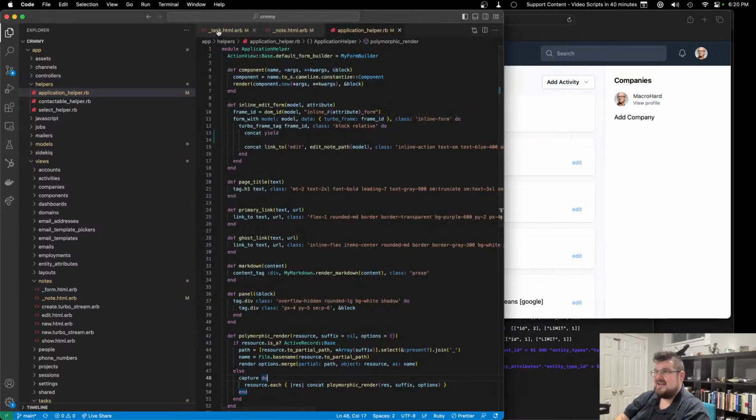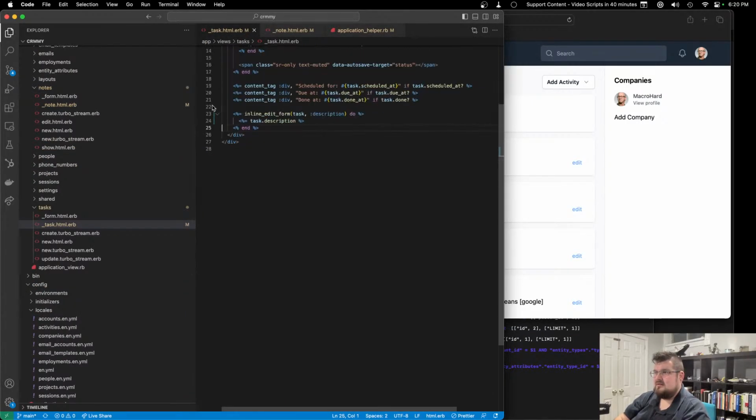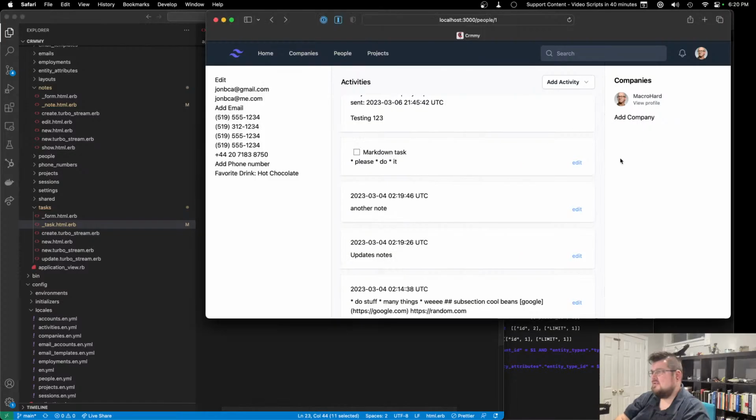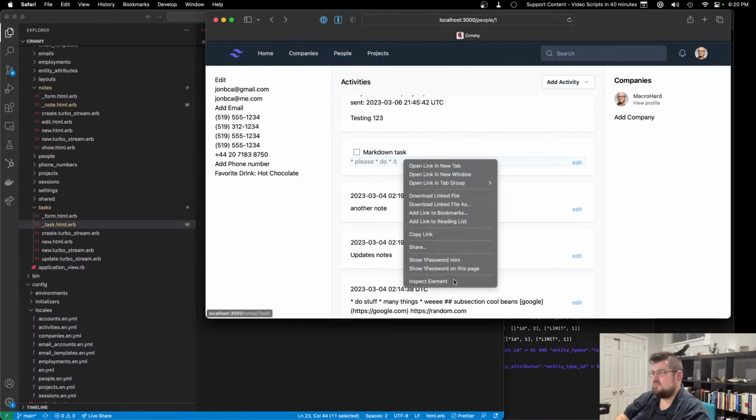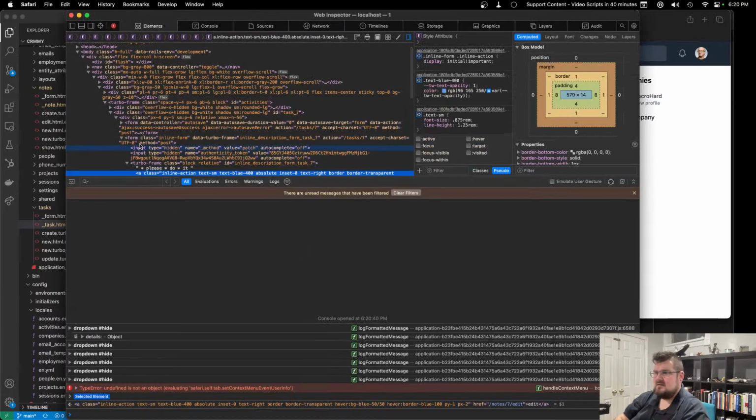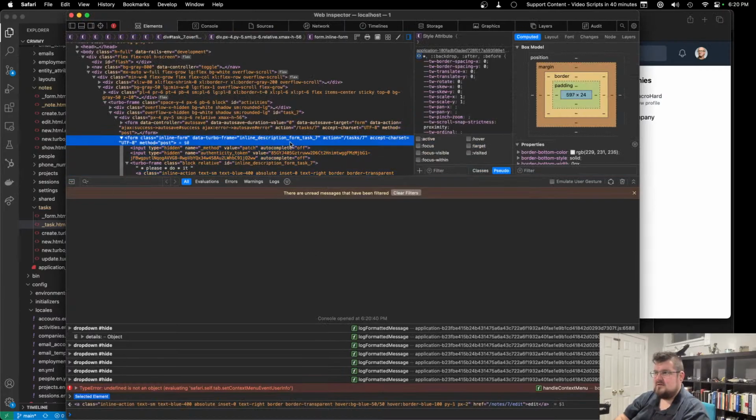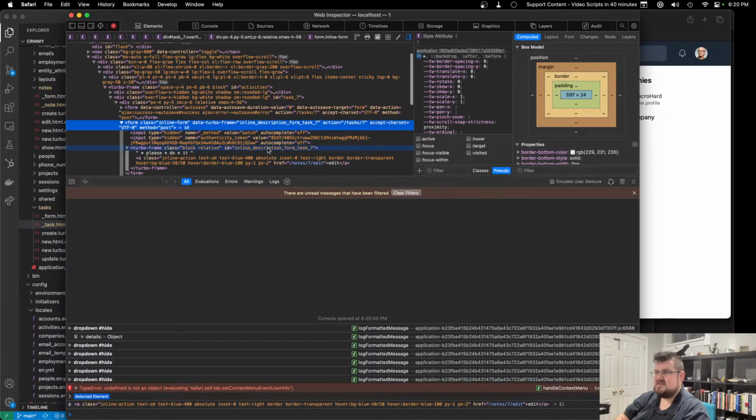Now I want to do the exact same thing over here on the task. So in here we're going to inline edit. We've got a task, and here we're going to be doing the description. And that's what it looks like up here. If we inspect this, we've got the form, and we can see here it's the inline description form, task, and then the ID. Now,